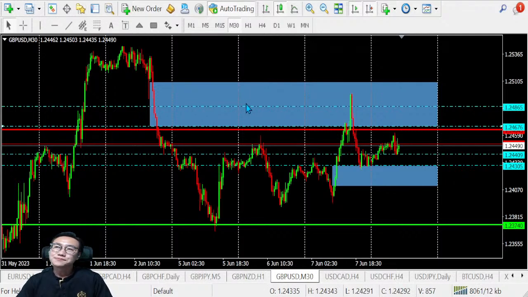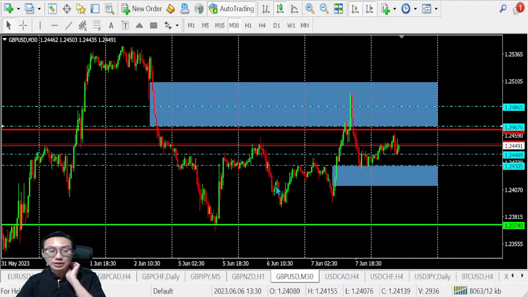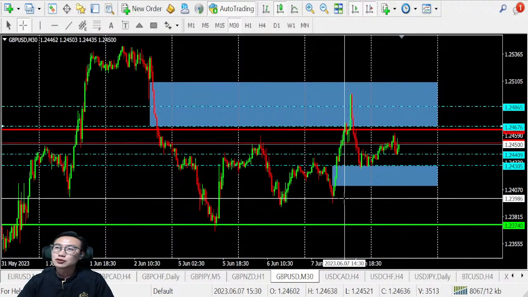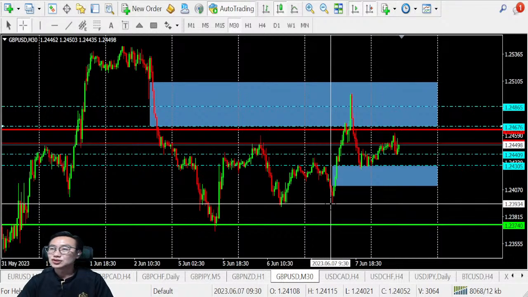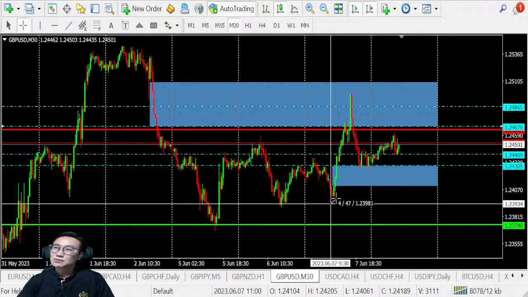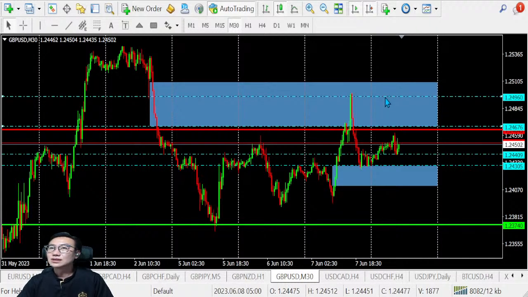We can see yesterday we had a good swing down over here. Some of you got about 30 pips, some 20 pips. Then after that it started to swing up. We are very happy, and thank you, Caro, for sharing in the Discord community. We managed to see what we forecasted, that the pound dollar is going up to take yesterday's Asian high. Indeed it happened, and it boomed up to take this area of resistance.